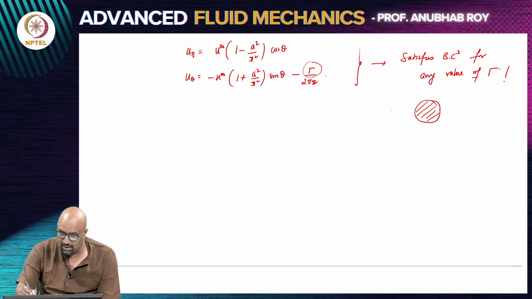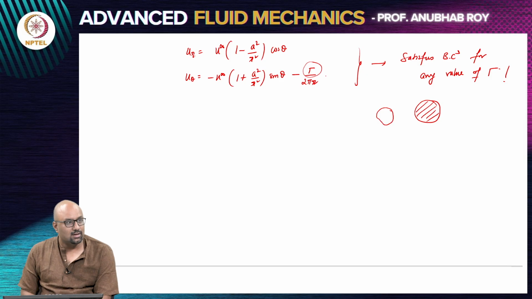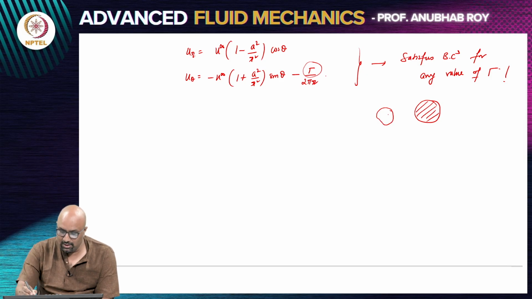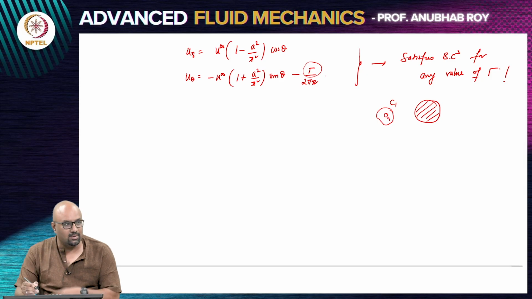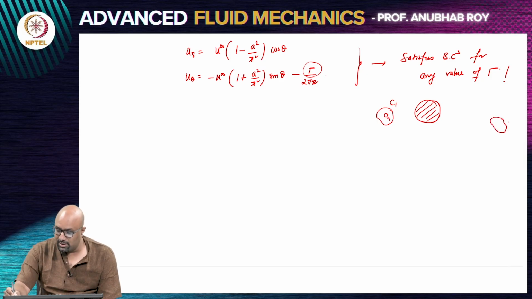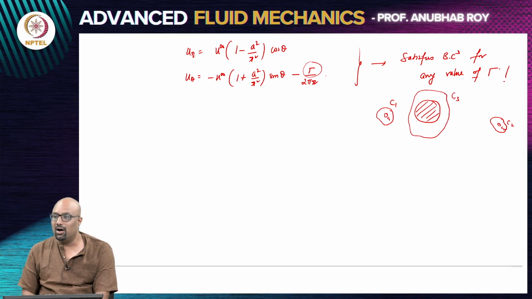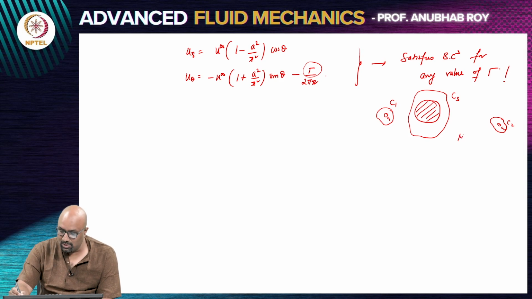So, if you consider a circuit anywhere in the fluid, all these circuits can be reduced to a point, right. You consider a circuit C1, the circuit C1 can be squeezed and made into a point. A circuit here C2 can be squeezed and made into a point. But if the circuit were to enclose the cylinder, it will not squeeze and turn into a point. So, this is basically what is known as the domain is multiply connected, and that has a connection to the